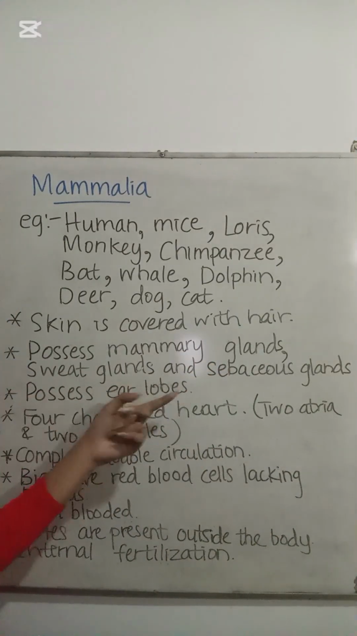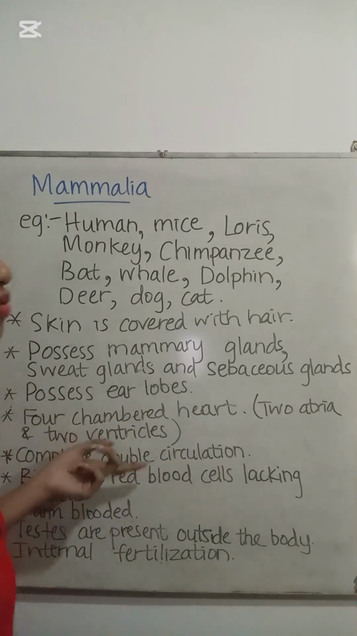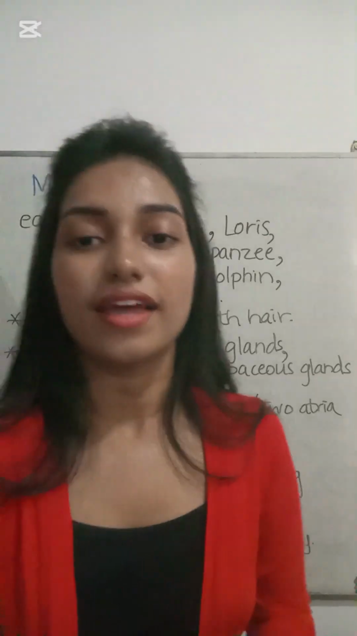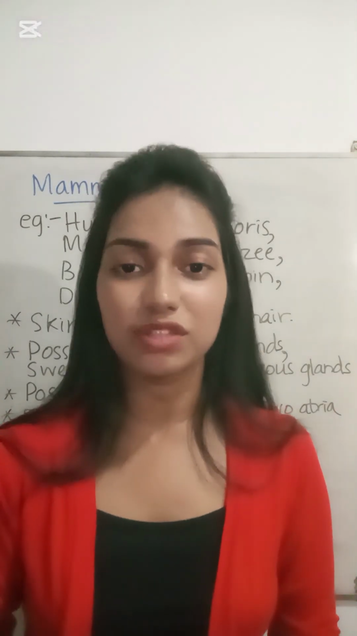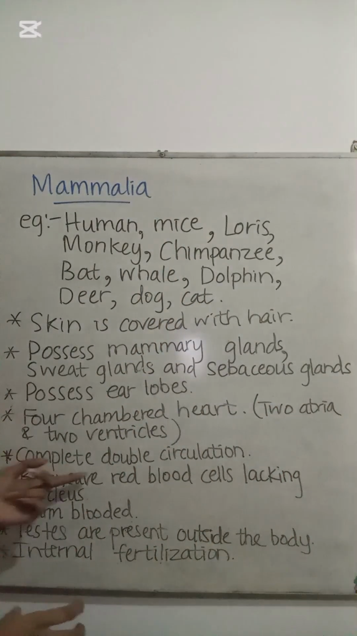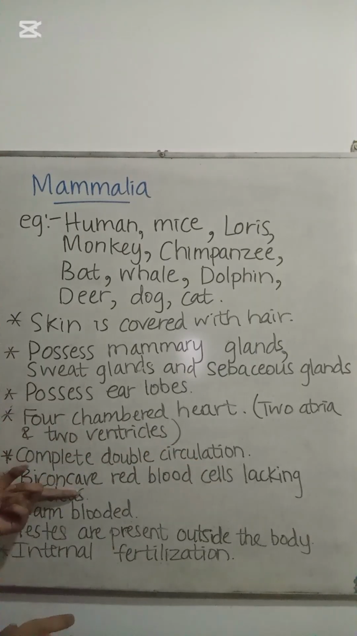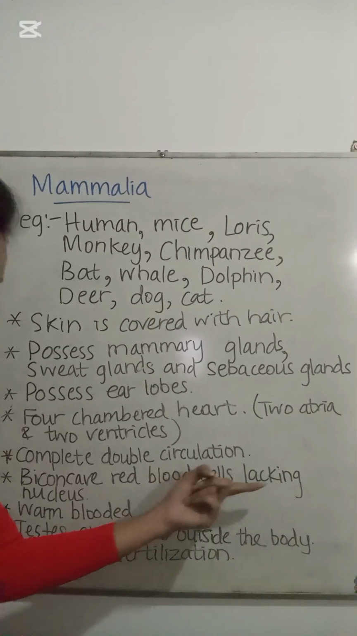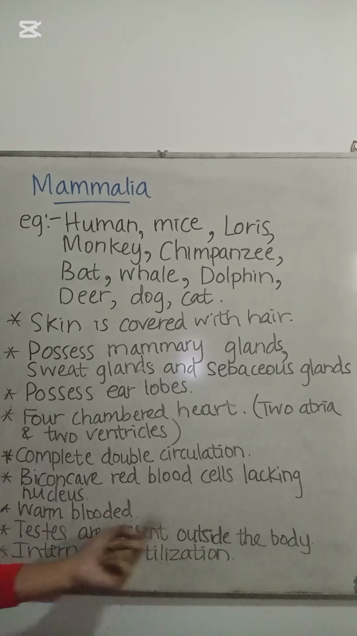They possess earlobes, and they have a four-chambered heart with two atria and two ventricles. This is a similarity between aves and mammalia. Both of the classes have a heart with four chambers, two atria and two ventricles. They do complete double circulation, and they have biconcave shaped red blood cells, and they lack a nucleus. They are warm-blooded animals. That means their body temperature does not change according to the environment temperature. Testes are present outside the body and they do